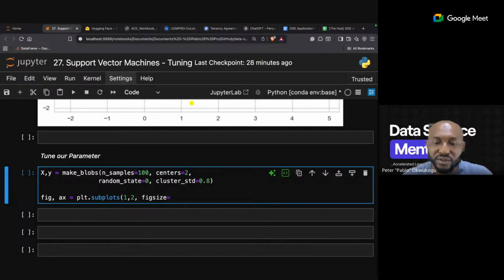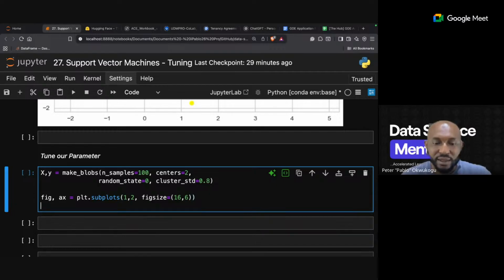And our fig size is going to be a tuple containing the size. It's going to be really long, like this, but not so big, so that we can see the two things we're working with. Now we're going to say fig, which is our figure, and we're going to say our subplots,